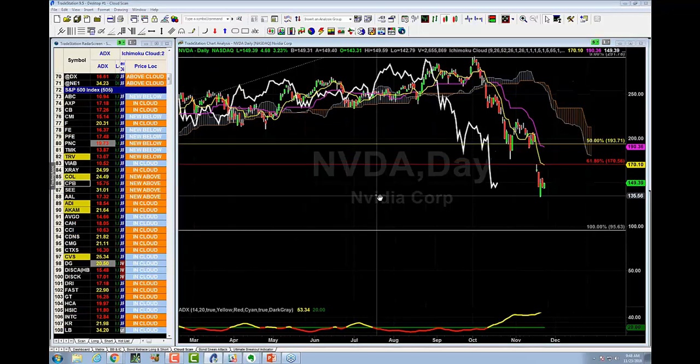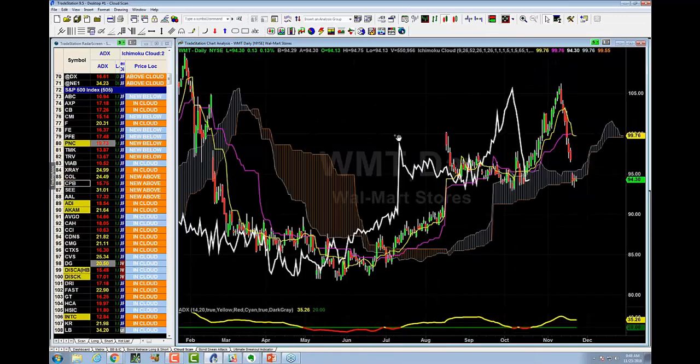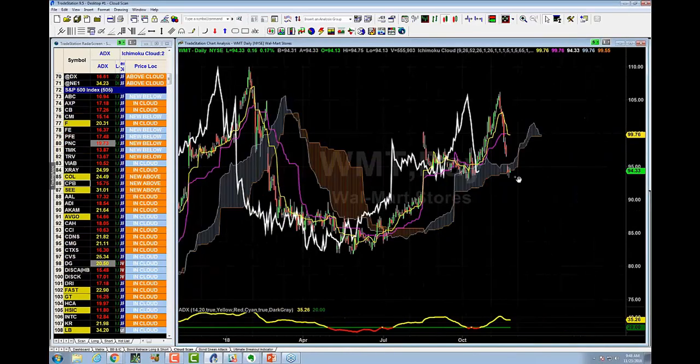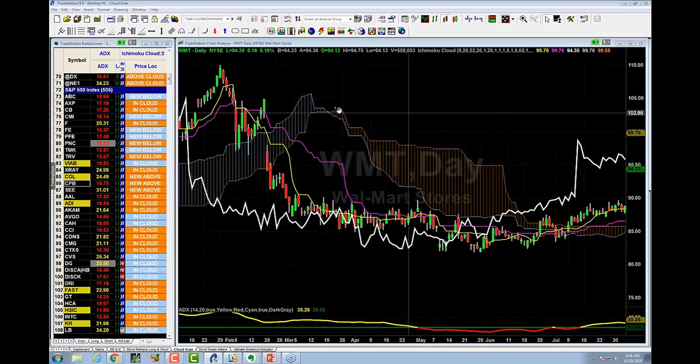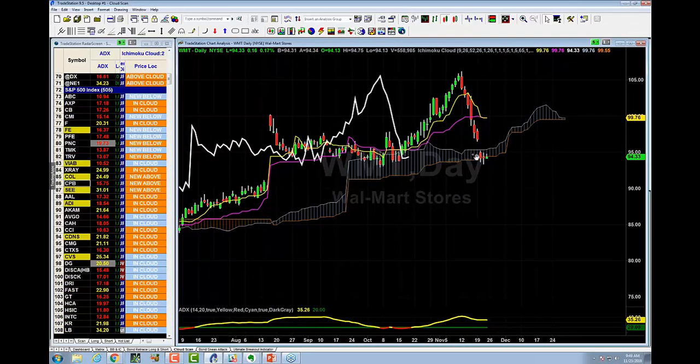NVIDIA is a short. Walmart, WMT. Sorry guys, you guys are giving me more symbols than I can handle all at once. Walmart is a fresh break yesterday. So Wally World's probably going to get smoked to the downside in the near future here. It's right now a fresh sell signal with 3 bars below the cloud. You just need to wait for today to close below the third one there.